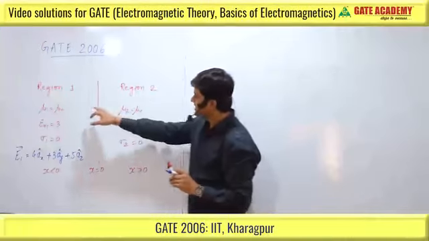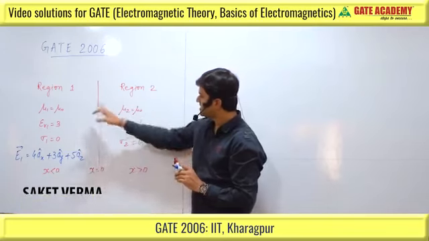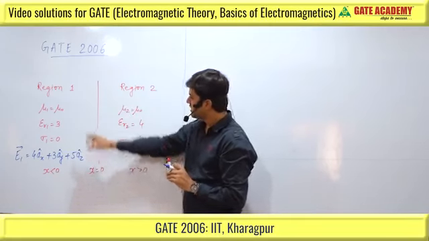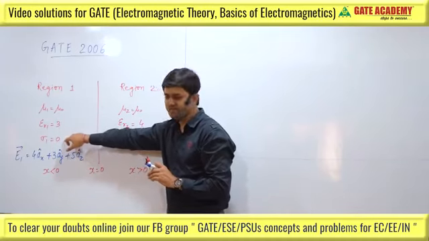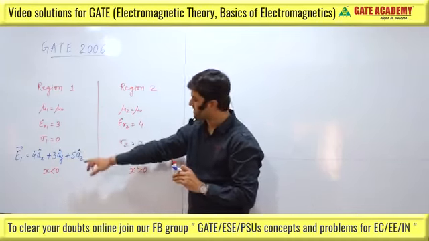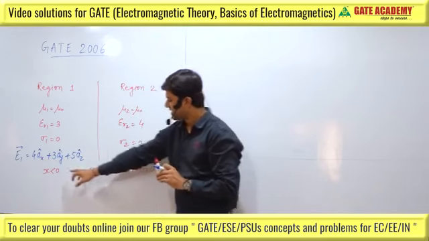So in this question it is given that there are two regions, region 1 and region 2. There is a boundary between region 1 and 2 at x equal to 0. In region 1, mu1 equal to mu naught, epsilon r1 equal to 3 and conductivity is 0. And electric field in region 1 is E1 equal to 4ax plus 3ay plus 5az, that is for x less